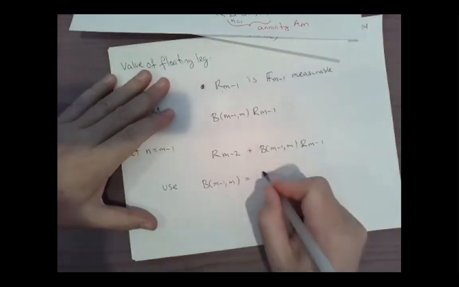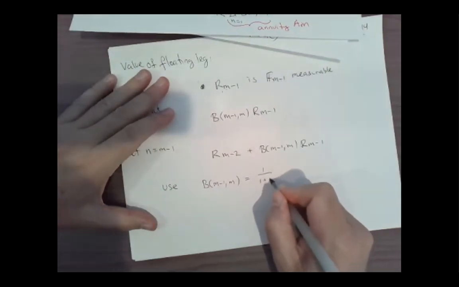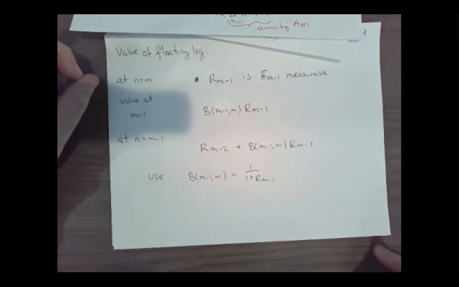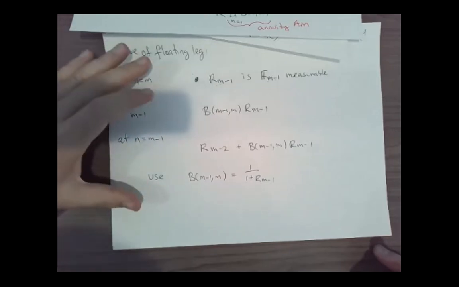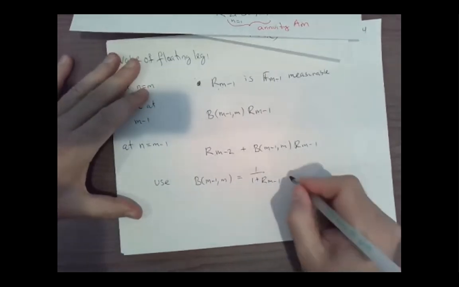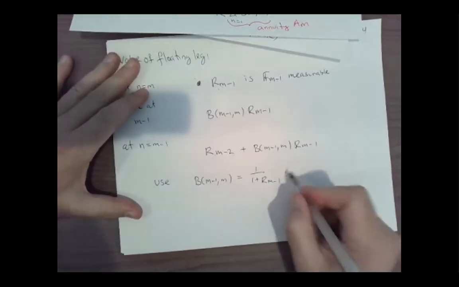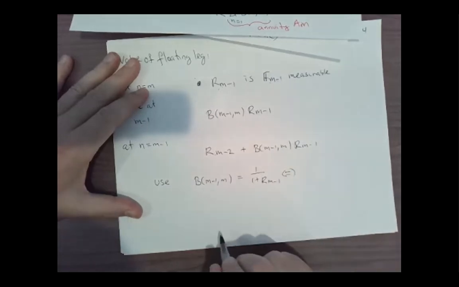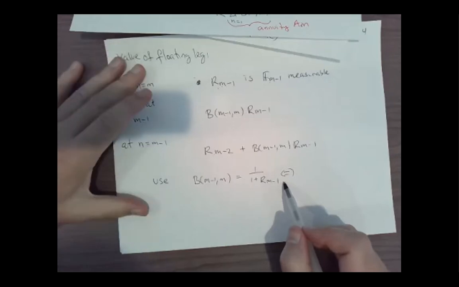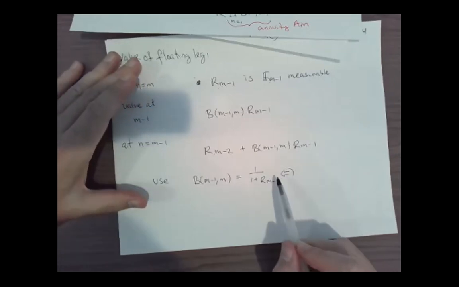I know what the interest rate is over the next period, so this is going to be 1 over 1 plus R_{m-1}. So if I plug that in, I mean, I could, what could I do? I could isolate